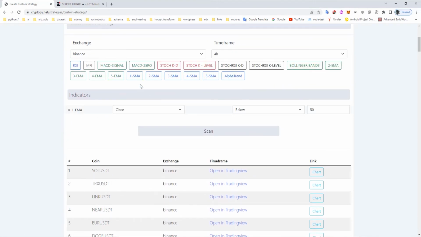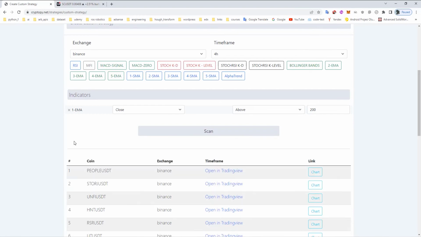And the EMA and SMA indicators. There are two options we can use with these indicators. The first one, use the open, high, low, close values. The second one is the EMA value. The first one is the close value above the 200 EMA, and the next one is the EMA value, and here the 50 EMA above the 20 EMA,